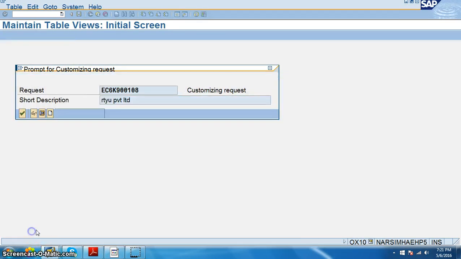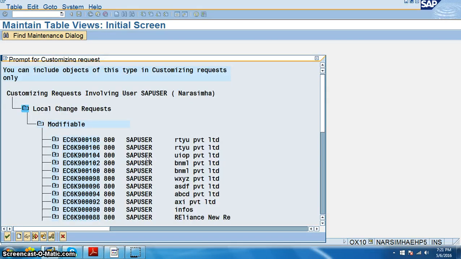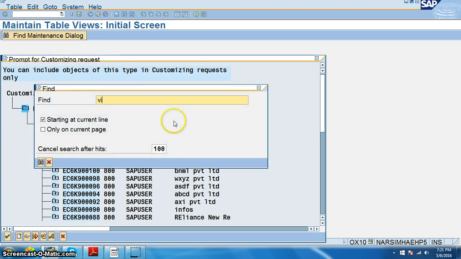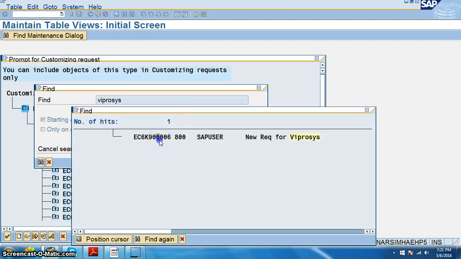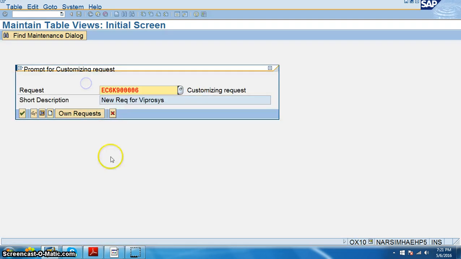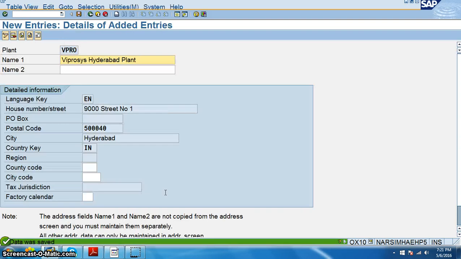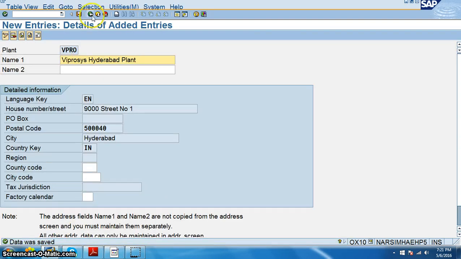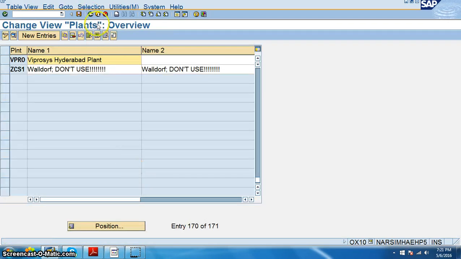Actually we already have a request, our own request. Search for process. It's been saved. Now come back. Name two also we can give for that.